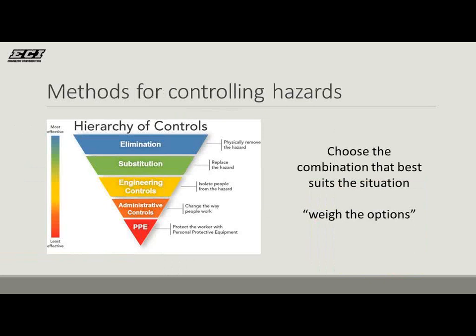The hierarchy of controls. Once we identify those hazards and we've evaluated what could happen if something goes wrong, then we can start to plug in the hierarchy of controls. Ideally we want to eliminate it. And then substitution, engineering controls, administrative controls, and then finally PPE. So understanding and weighing the options is basically what the assessment is. There's no right one that plugs in every single time. You have to assess the situation, weigh the options. That's the key point there.